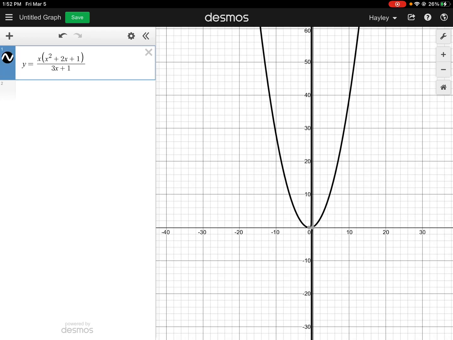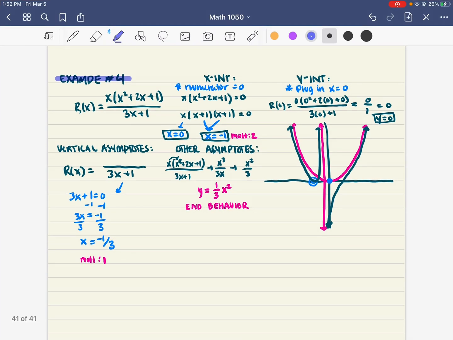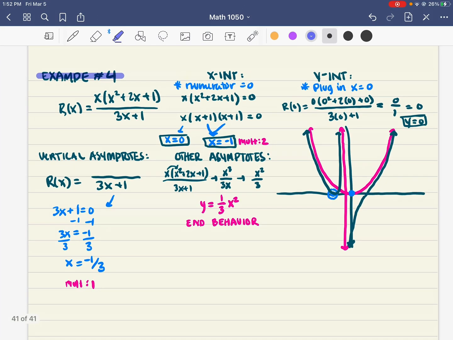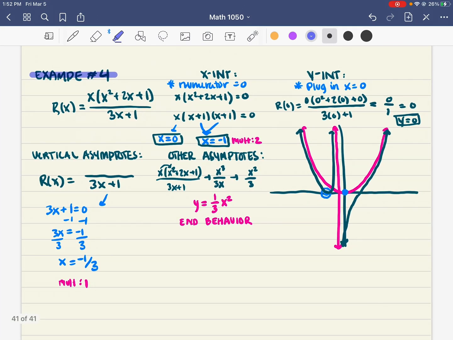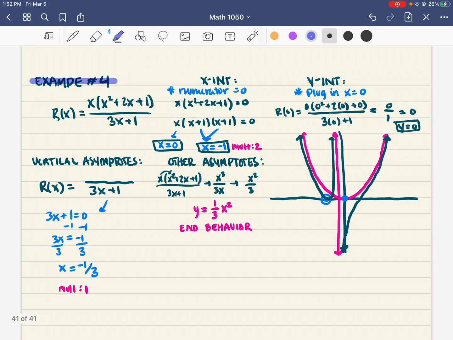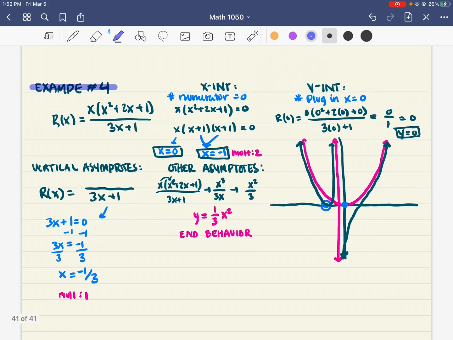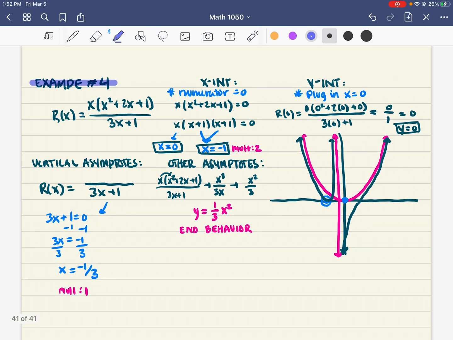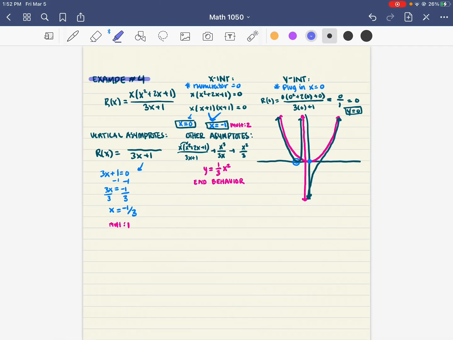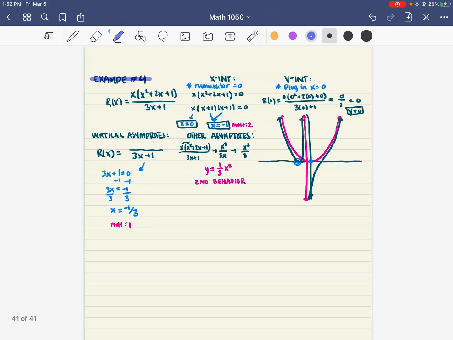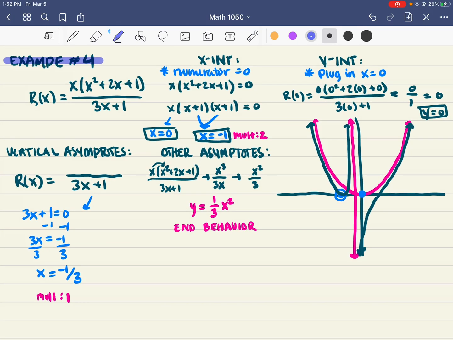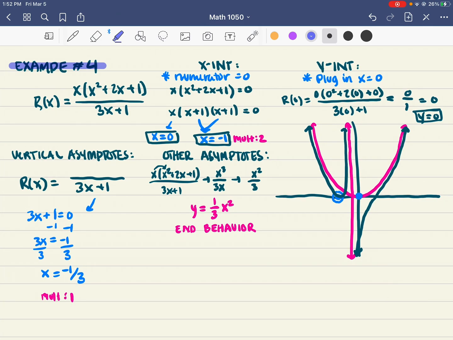Fun stuff. So that is how you graph rational functions. Please let me know if you have questions. I know that I'm home today because of my second COVID shot, but feel free to email me. I'd be happy to help you with any of these example problems. This is super important to internalize now and quickly because the test is coming up and you will need to know how to do this for the test, which is why I encourage you